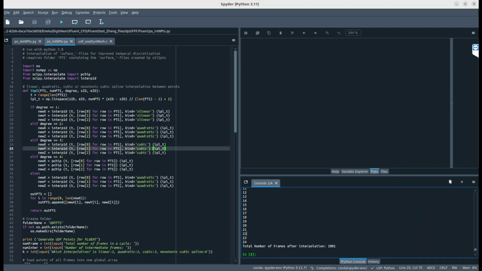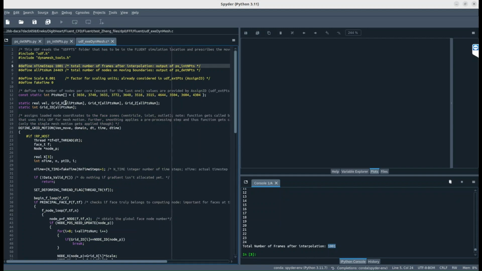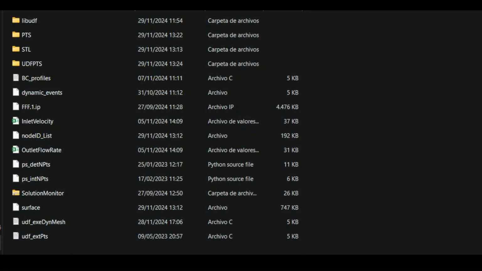So now that the file has already run, we can see the total number of time steps of frames after interpolation. We'll copy this and paste it here in the X dynamic mesh file. We will save this, so we already have all these things defined. Here also the scale in our case is 0.001 since it's in millimeters, and you don't have to change anything else. Once everything is created,